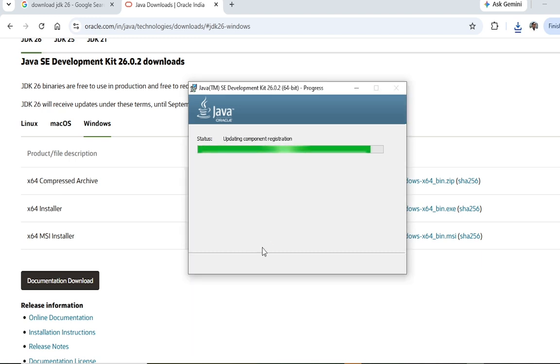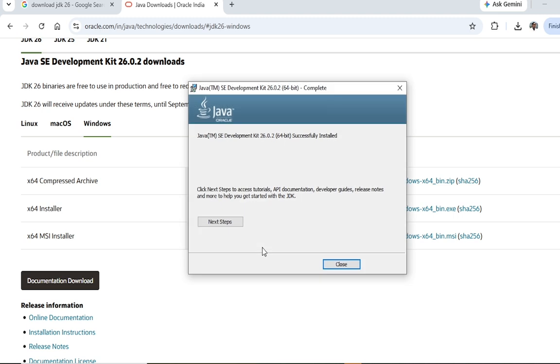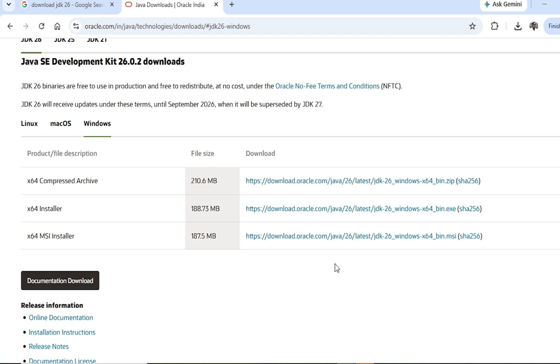Now the installer is installing. It is copying the files. The installation is completed. Next,